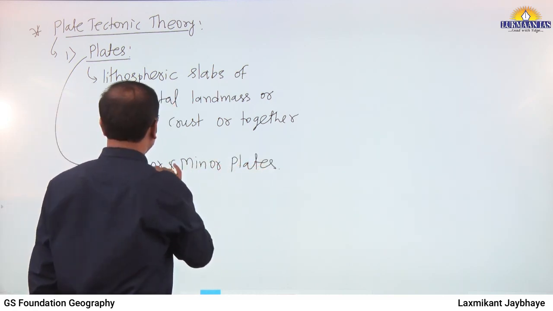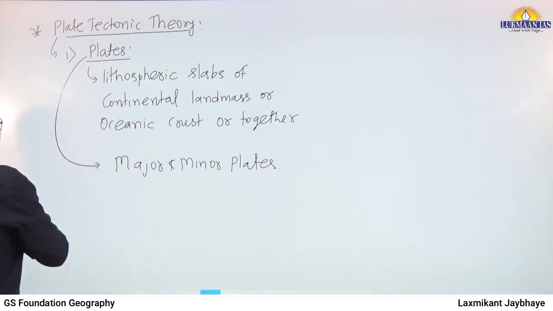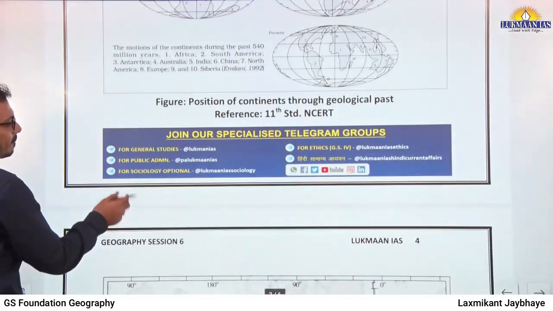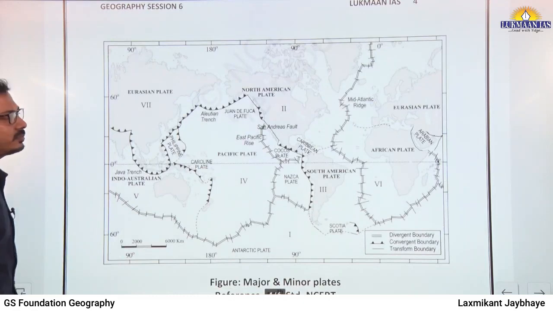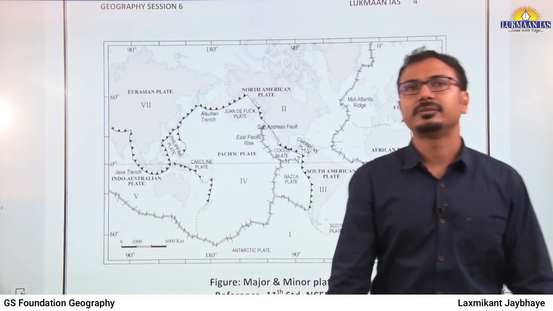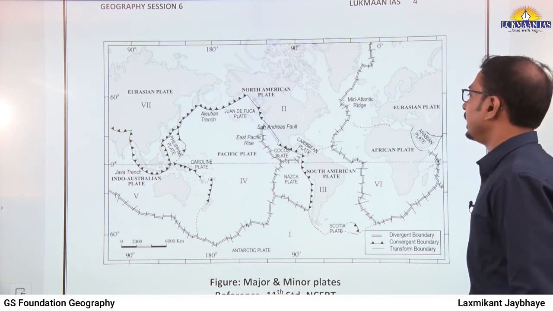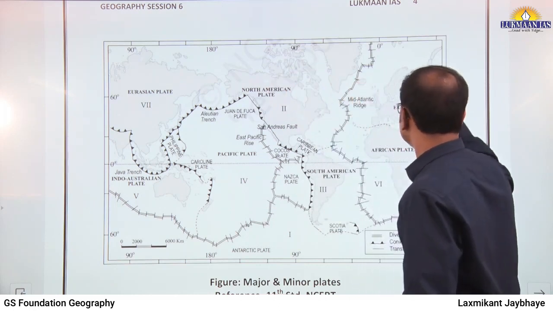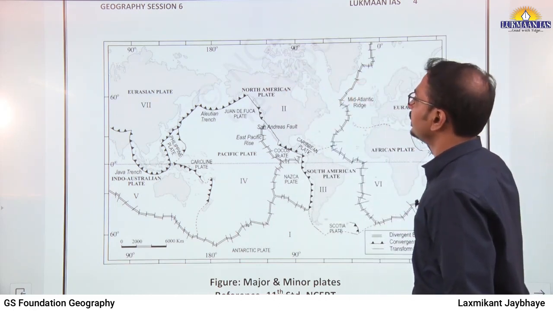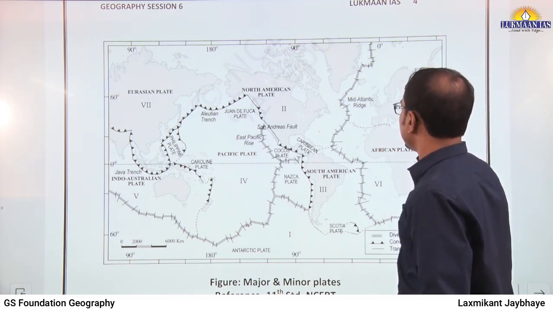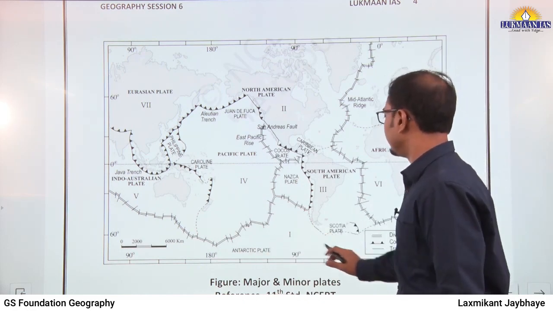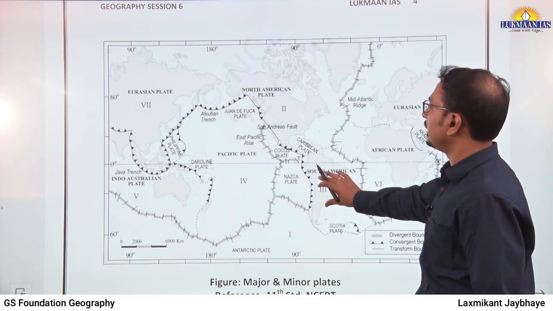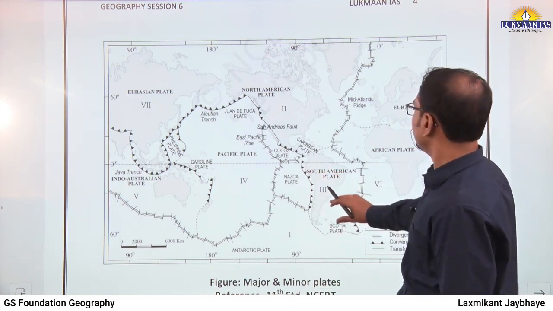There is one diagram in NCERT, 11th standard NCERT. Yes. Look at this diagram. There are total 7 major plates and then there are minor plates. For example, you can see the first plate which is mentioned here is, I guess, yes, Antarctic plate. First plate is Antarctic plate, then the second North American, South American, and then there is, yes,